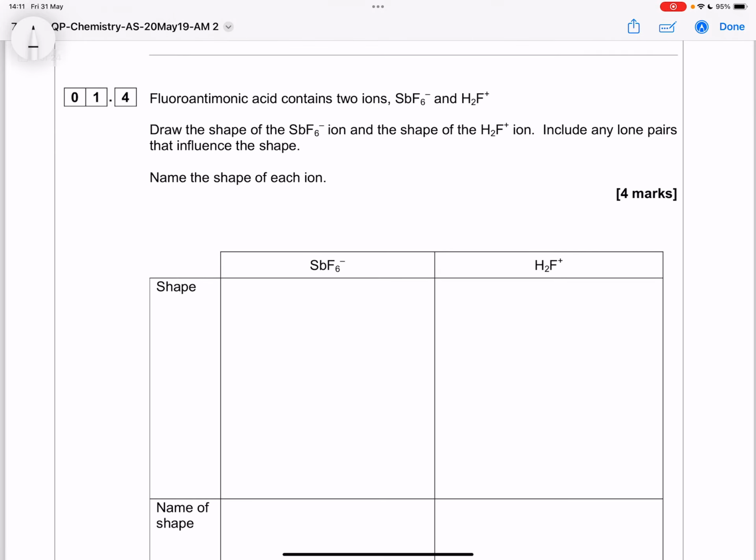Fluoroantimonic acid contains 2 ions. Draw the shape of the SbF6- ion and the shape of the H2F+ ion. Include any lone pairs that influence the shape. So let's look at